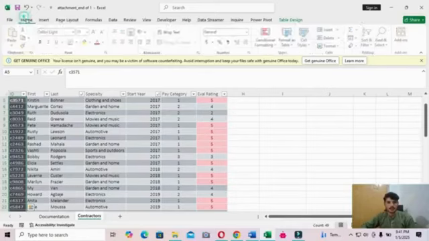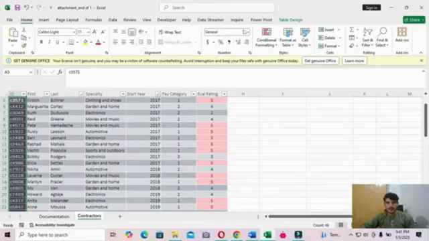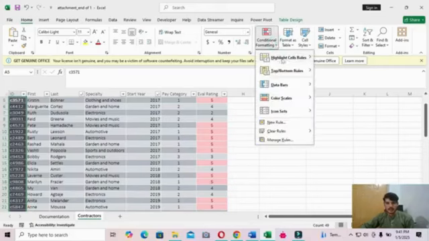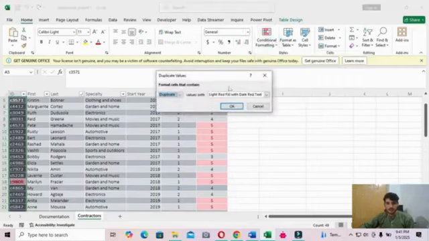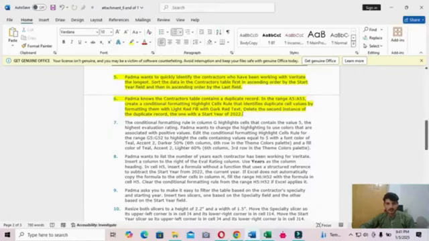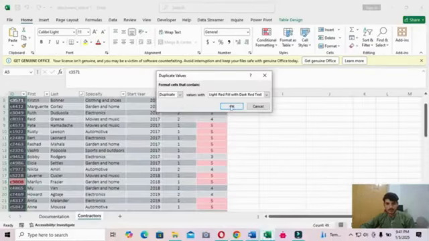Go to the Home tab, click Conditional Formatting and select Duplicate Values, light red fill with dark red text. Click OK.